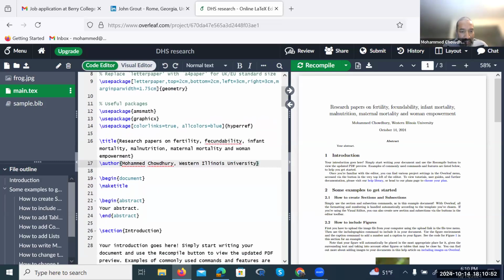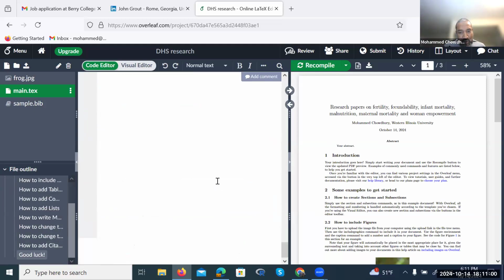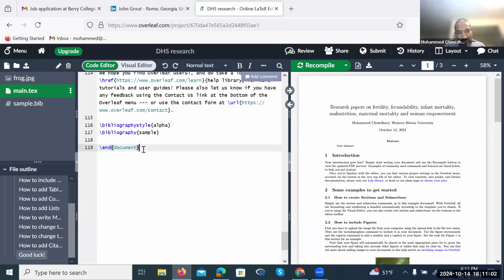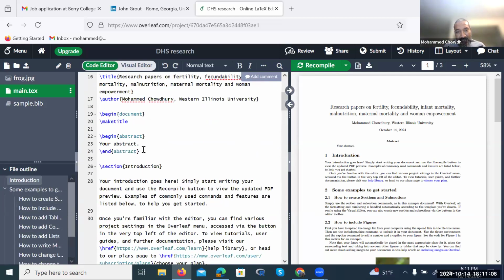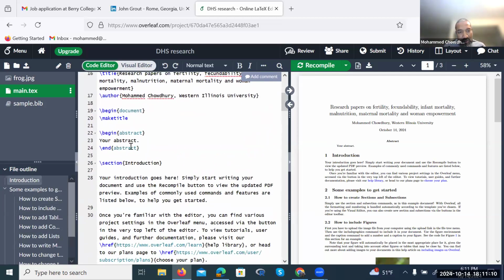Okay. So now, after doing these things, now begin document. Are you seeing this is the begin document? And the last thing is the end document. Are you seeing end document? Within this begin and end document, everything will come, okay? So now your abstract. So I can write here in this research article,